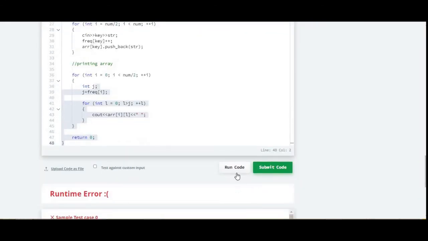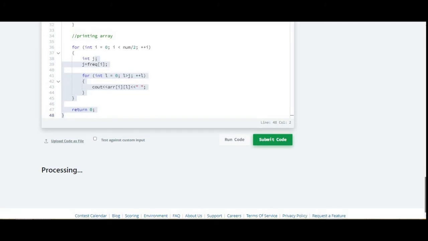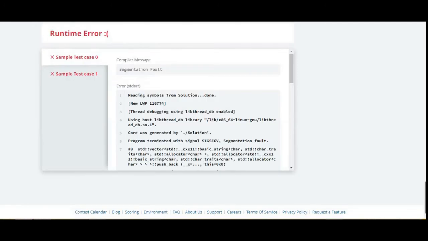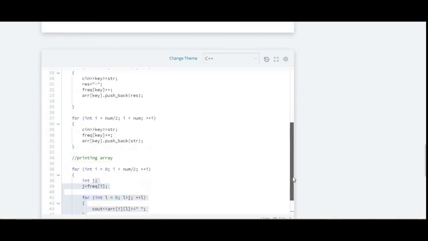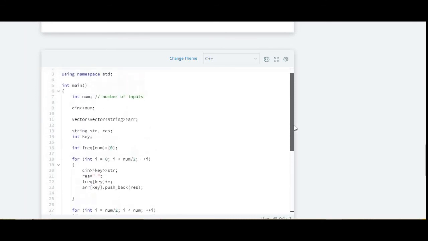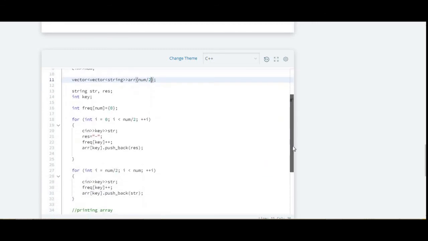So I have copied it, and I'm getting a runtime error. So let's check. Segmentation fault. Okay, I haven't initialized the value num by 2, and let me check if anything is wrong.